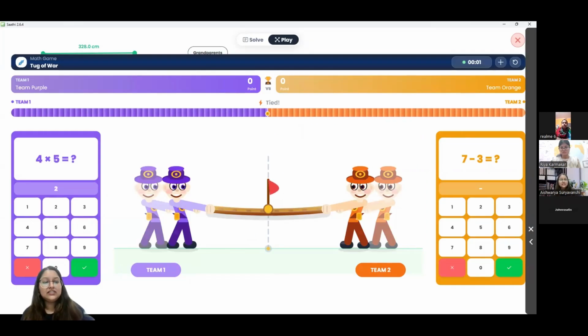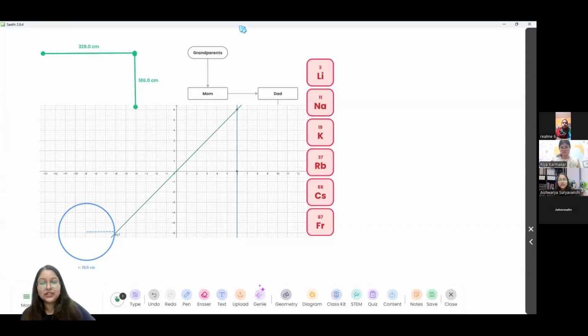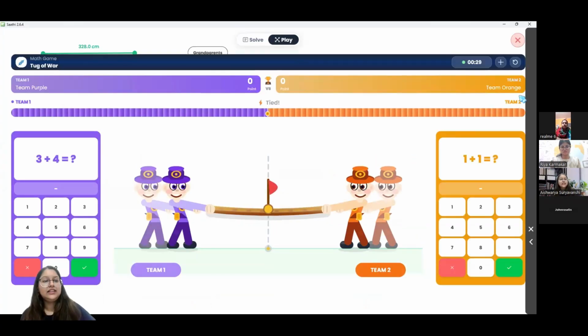So let's say if the student gives the correct answer, the bar will move forward. So that's how it works. Let me replay it for you. Right? So if the student keeps on answering, and if you give a wrong answer, you'll be taken back.